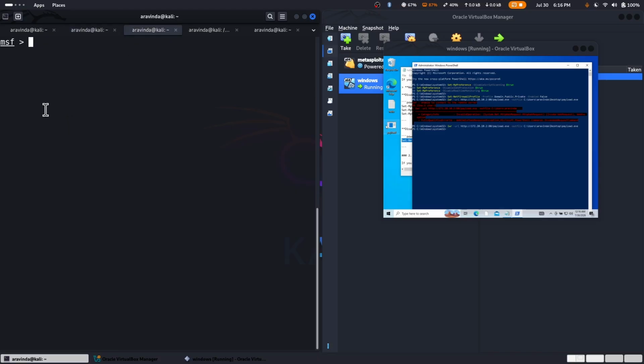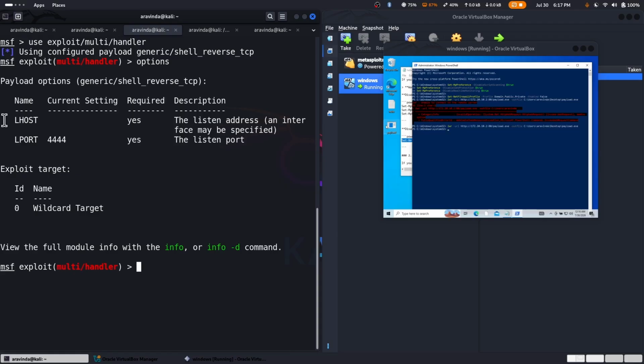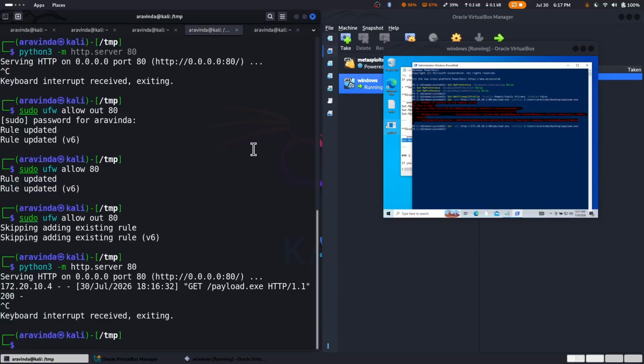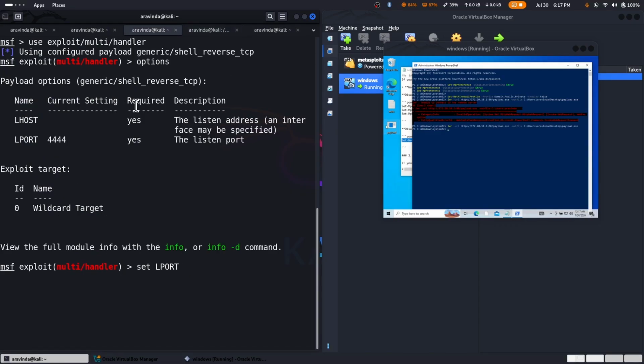So let's go to msfconsole, and let's do use exploit/multi/handler, which will start a reverse TCP handler on the specified IP and port. We have to specify the LHOST and LPORT, which was specified in the msfvenom payload generation. So let's do options. So we got LHOST and LPORT. It's a little bit different because we have done some port forwarding. Usually it is the LHOST and LPORT of your ifconfig as well as the port which you have specified during